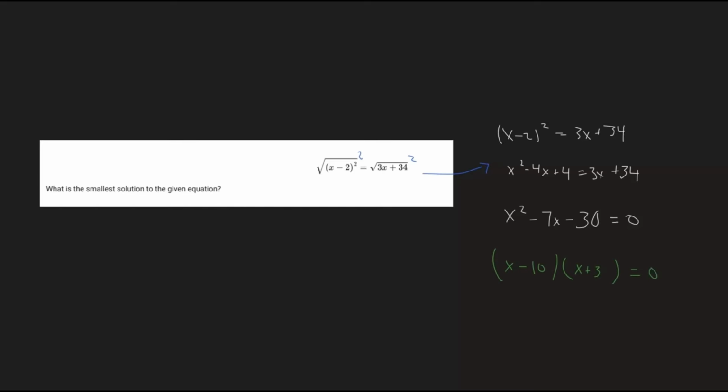And so now we want to solve for the x values, right? So we can just set both of these equal to 0. So we have x minus 10 equals 0, and x plus 3 equals 0. And so we can find that x equals positive 10 and x equals negative 3. And so it wants the smallest solution to the given equation. And so we can clearly see that negative 3 is smaller than positive 10, and therefore negative 3 is going